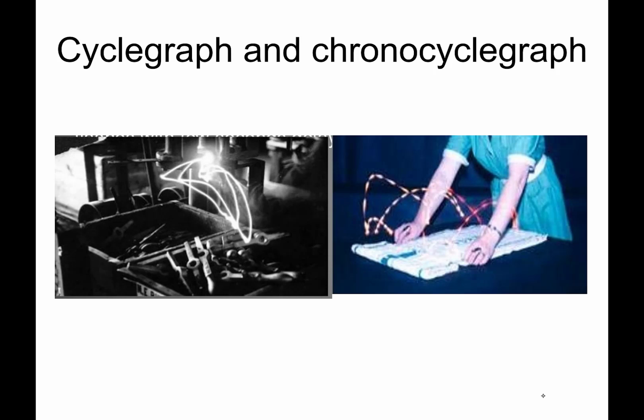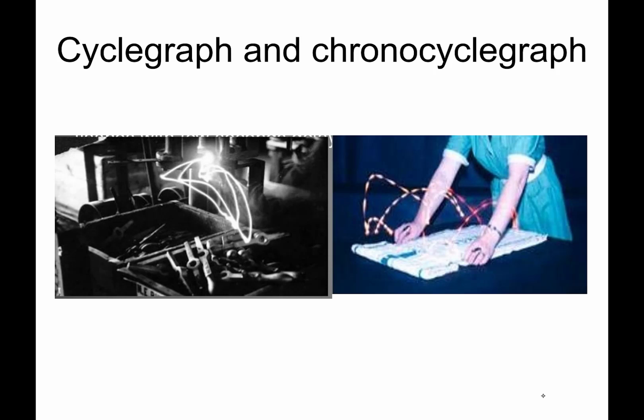the hand is either static or on hold or holding something, or there is some kind of hesitation in movement, or the worker is simply standing somewhere. So those things can also be identified if the light source is static or flickering in a particular area only, which shows hesitation in movement or that the worker is idle. So a number of interpretations are possible through the study of these chronocyclegraphs.